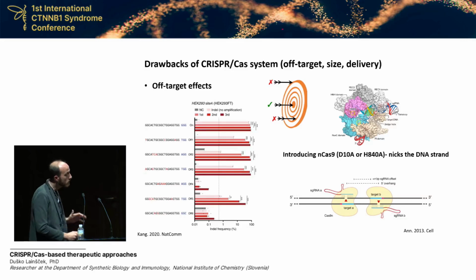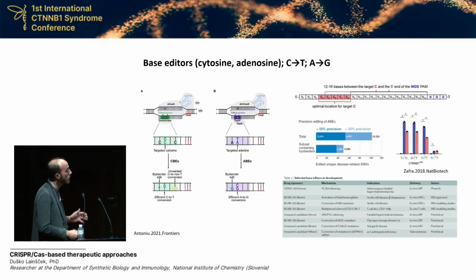And by introducing Cas9 nickases, we to some degree diminish or lower the level of off-targets, because it is unlikely that these unwanted DNA edits would occur at the undesired region, since you would need two nicks at the same appropriate sites. And introducing Cas9 nickases then made a pathway for introducing the next generation of CRISPR-Cas system editors.